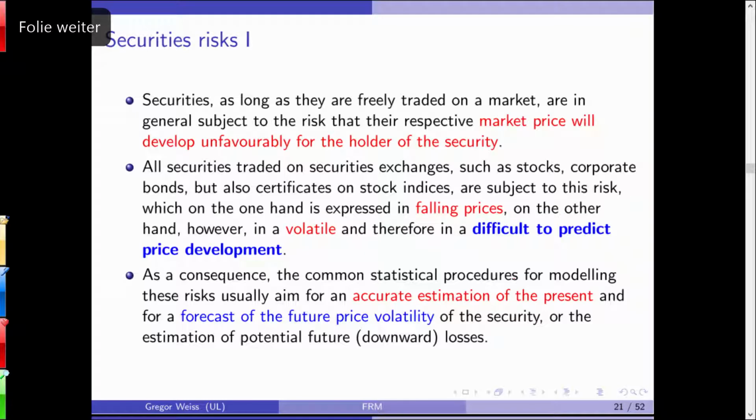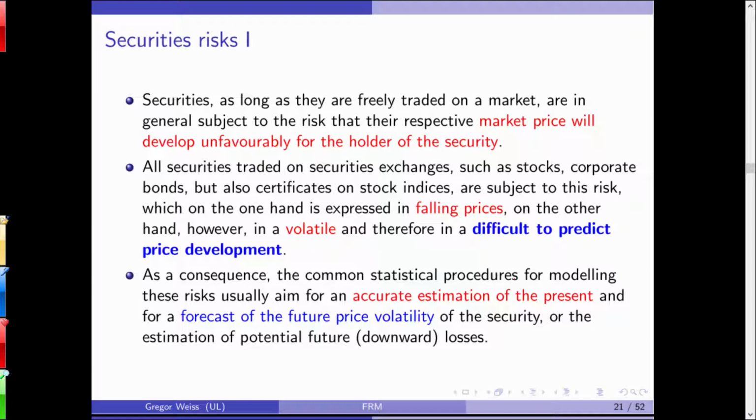Okay. Now, currency risks are quite simple. We also have, of course, securities risks, the risk that market prices for securities can change. This is usually what we think of if we talk about market price risk. A bank buys a security, it buys bonds and stocks. The prices for these bonds and stocks can change, and if these prices change, the bank will earn or lose money. That means the risk can arise from unfavorable changes in the prices of these securities. Usually all securities are traded on exchanges. That is, we have market prices.